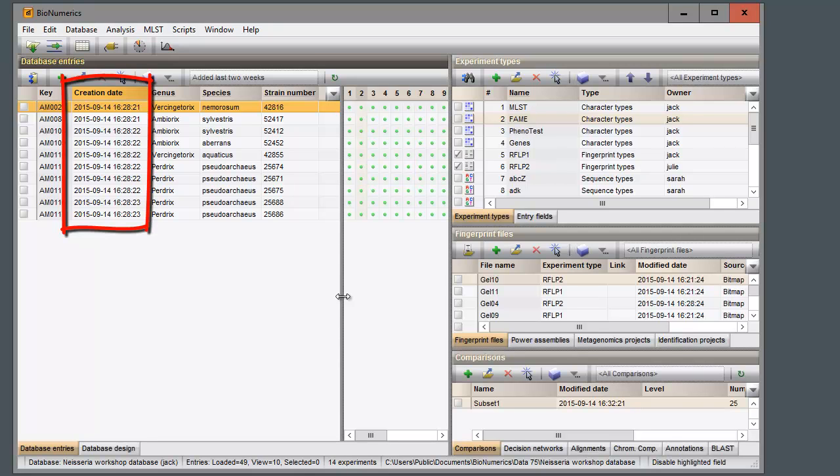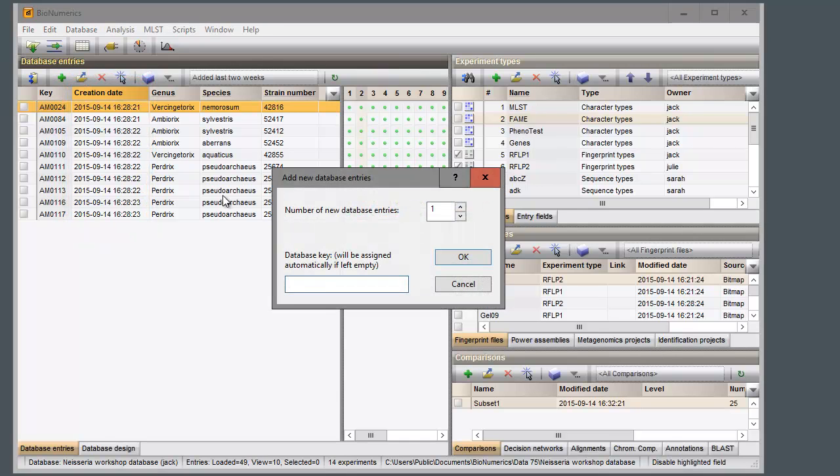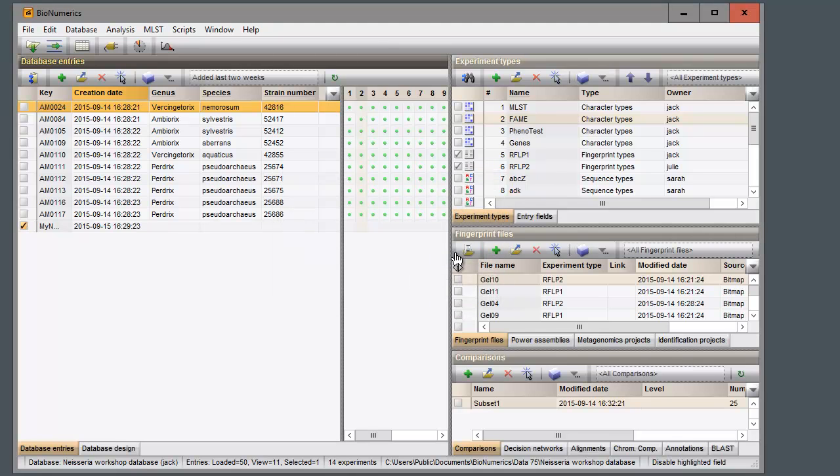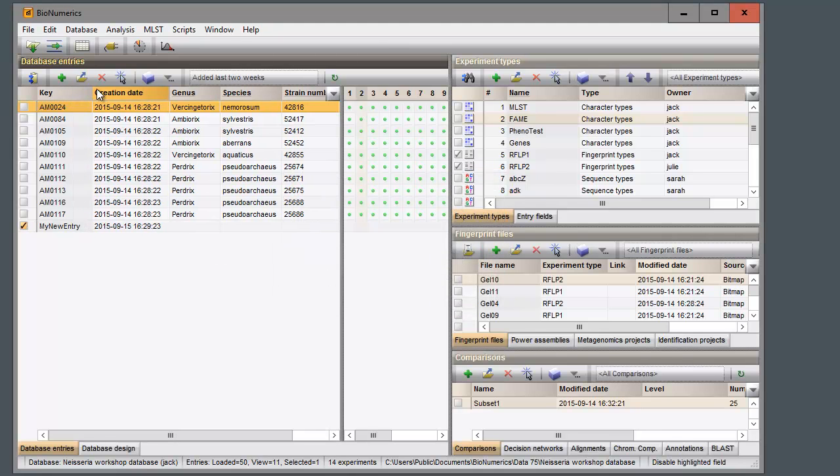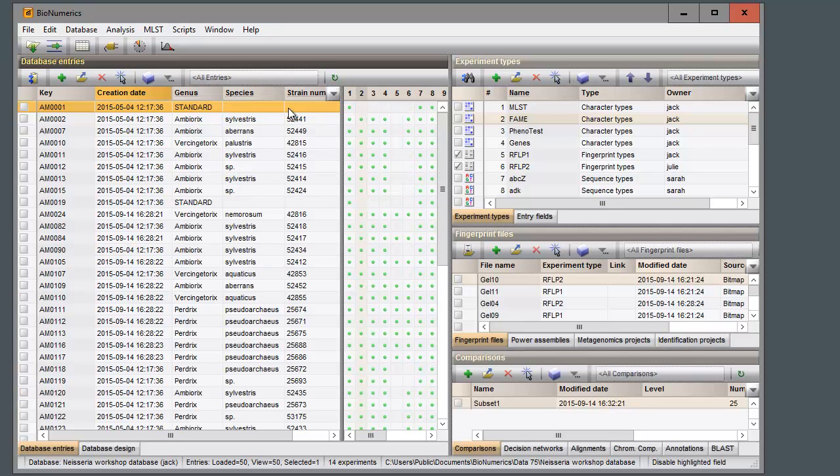To illustrate this, I will add a new entry to the database. This new entry is automatically added to the new view. I will open the Manage User View dialog again, but this time from within the Fingerprint Files panel.